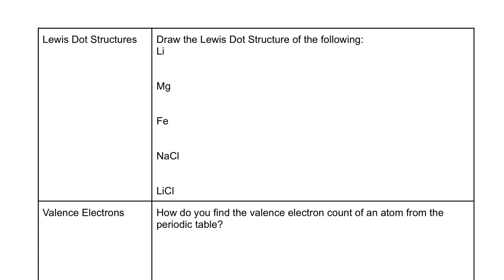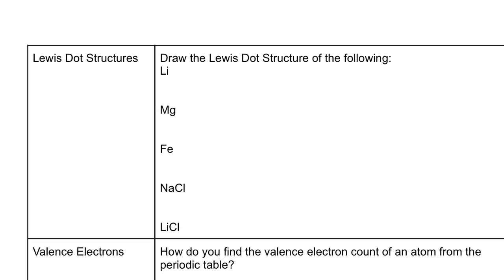All right, so now we turn our attention to the Lewis dot structures. Here we have the next question right in front of us. We want to be able to draw the Lewis dot structures for the following compounds. For the following compounds at the bottom, we've got a couple of atoms. I'm going to begin with placing the Lewis dot structure for magnesium here, just to review